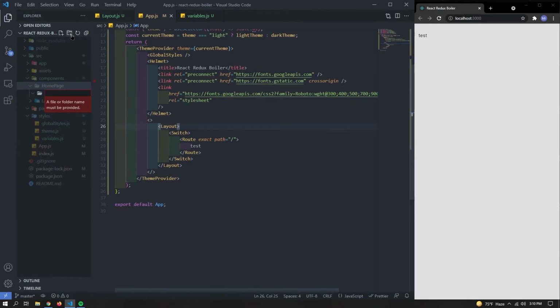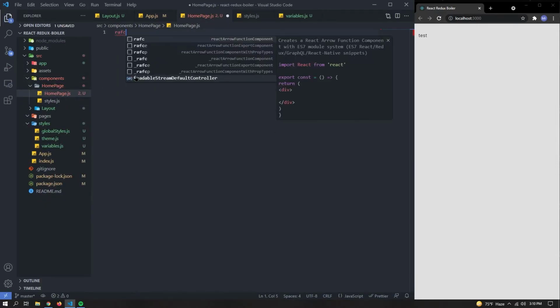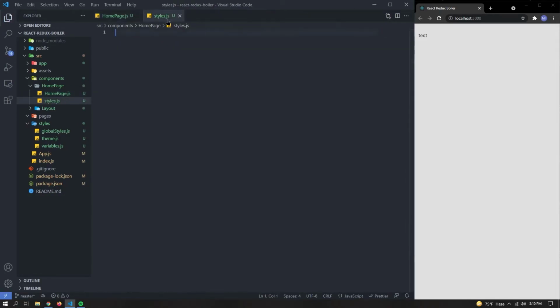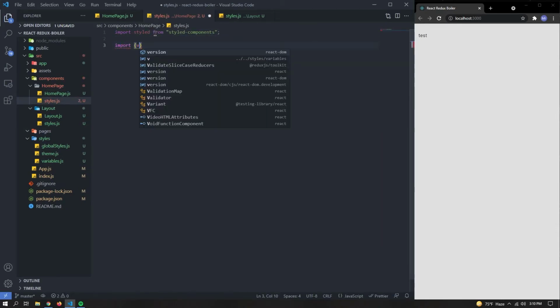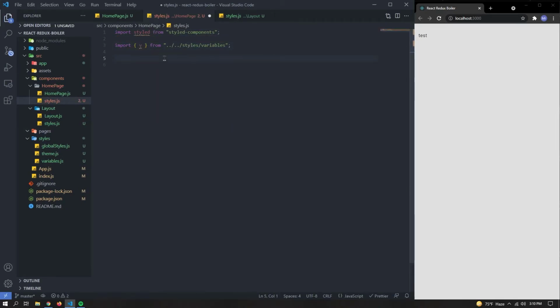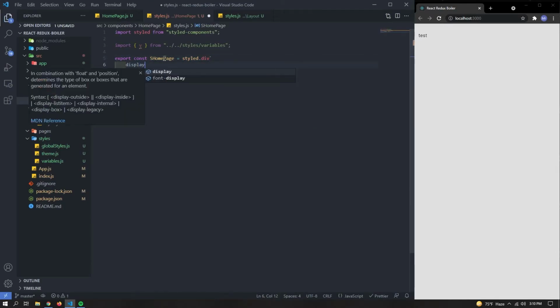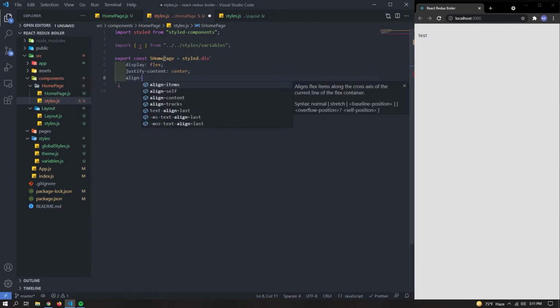All right, so now we're going to create our home page component. And if you haven't noticed already, for every component I make, I will make the component and then a styles folder or file along with it. So again, we're going to import styled components as styled and our variables. Here, we're going to use a div and give it a display of flex, a justify content center to center it, and align items to center it